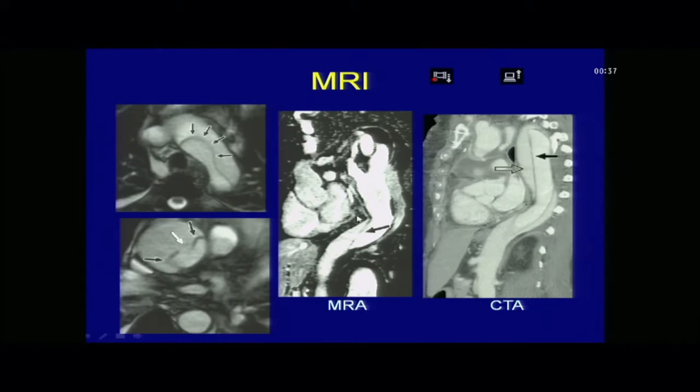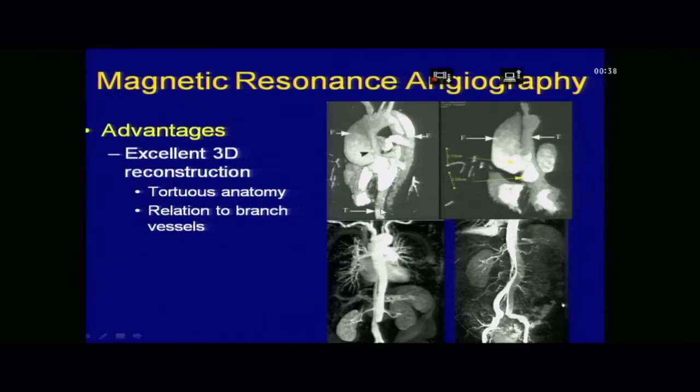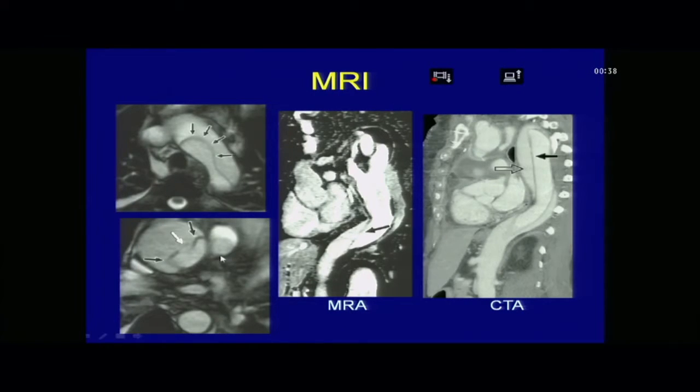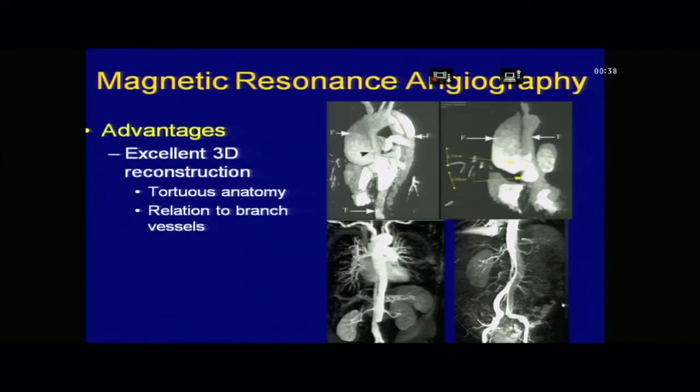Similarly, just like you see in CT angiography, I have put MR angio and CT angio side by side to show you how the white blood images are almost similar to what you see on the CT angiogram. So similar pictures you will see. And most importantly, these images are without contrast. So this is a very big plus in favor of MRI. Contrast enhanced MR angiography, like we talked before, when you want volumes, better spatial resolution, or to see the relationship to the branch vessels, then you can go for a contrast enhanced MR angiography.